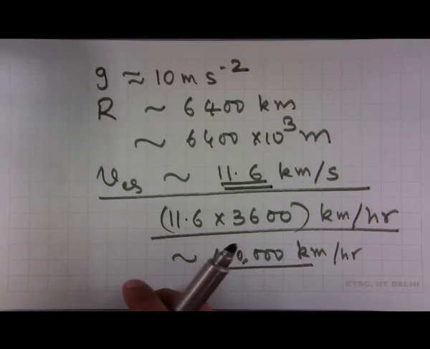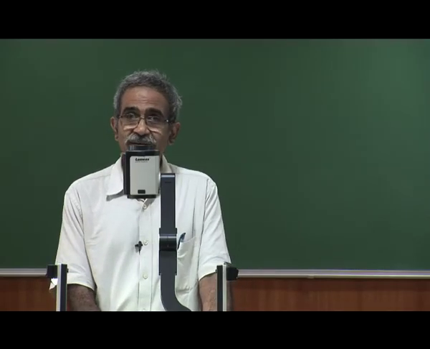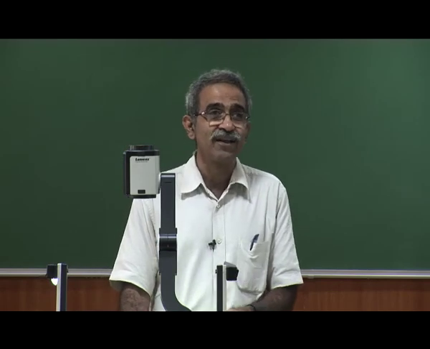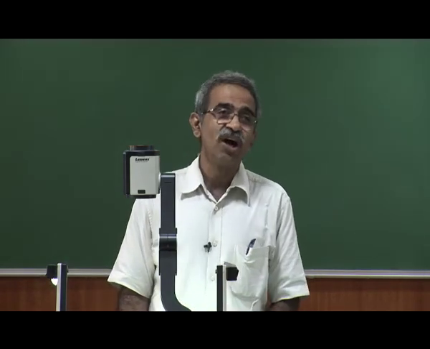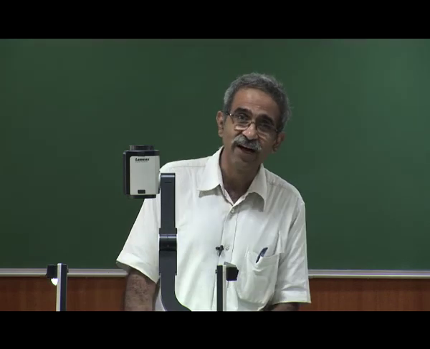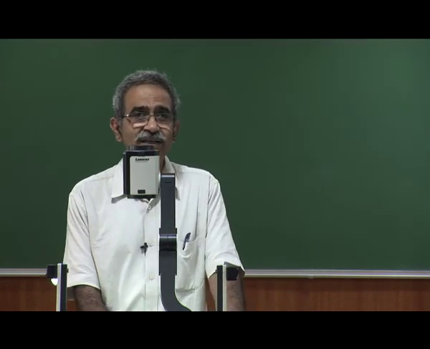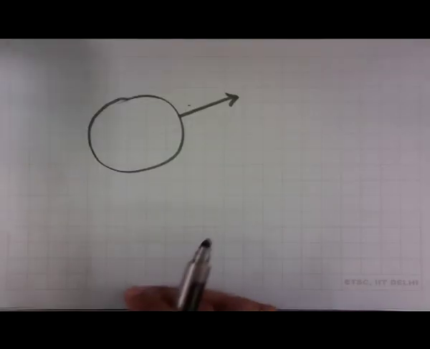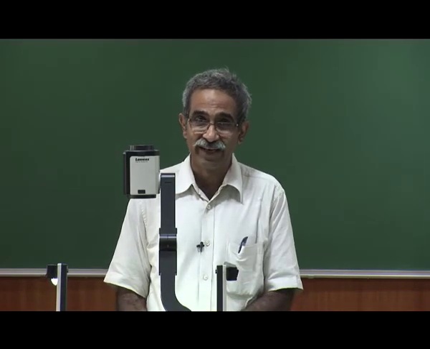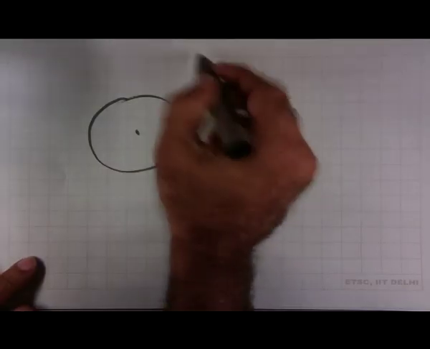In fact, one speed that is comparable to this speed is the speed with which the earth is going around the sun. It is about 30 kilometers per second. But that is a different matter. It is a freely falling body in the field of the sun. So this is not easy to achieve, and that is the reason why we had to wait for a long, long time as far as technology is concerned in order to attain these speeds. This was not calculated under any assumption, because I simply equated the total initial energy with the total final energy, but there are some corrections.